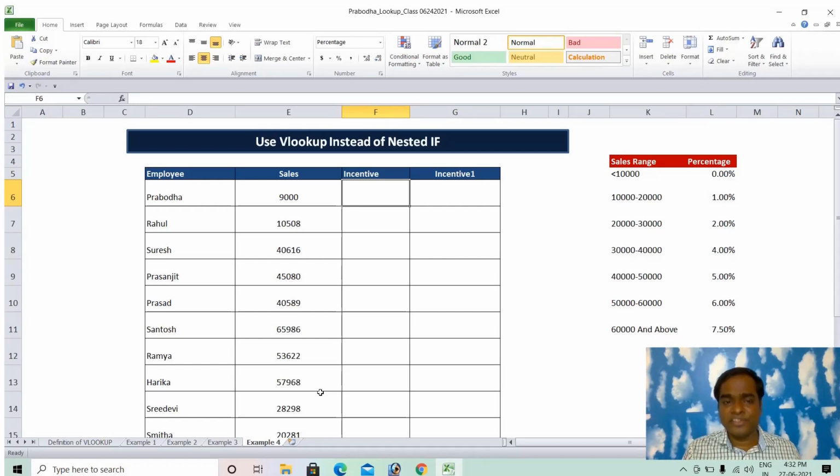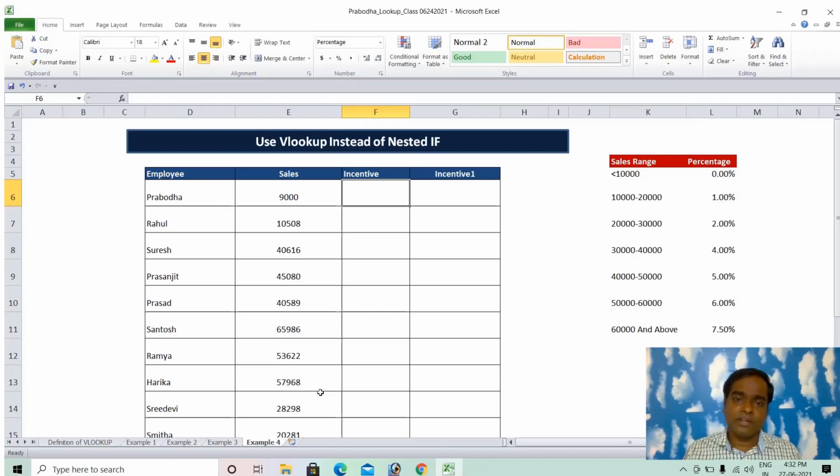If the sales range is less than 10,000, go for 0%. I'm not going to pay any incentive. If 10,000 to 20,000, I have to pay 1% incentive. 20,000 to 30,000, 2%. 30,000 to 40,000, 4%. 40,000 to 50,000, 5%. 50,000 to 60,000, 6%, and 60,000 and above, I would like to pay 7.50% of the sales amount.